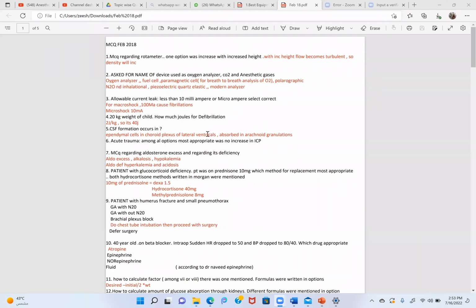If you are talking about biphasic, it is 2 joules per kg. If it is monophasic, I think it is 4 joules per kg. Okay,